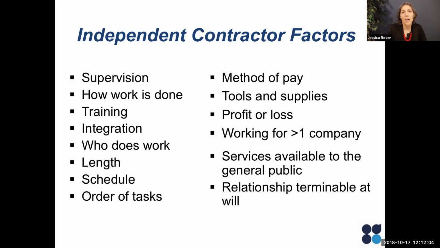Next is profit and loss, right? Who's taking the risk on this relationship? If she comes in and I engaged her and Pat makes a mistake and ends up taking 5 hours longer than expected, right? Who's going to bear the loss? Like if I'm paying her hourly and I'm controlling how she does it, then I'll be paying her extra. Whereas if it's more discrete, she's going to decide how to allocate her resources, and it's more likely to be independent. Another factor is the availability of this person to do work for other companies.